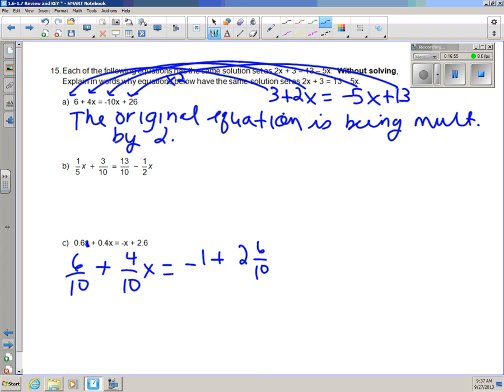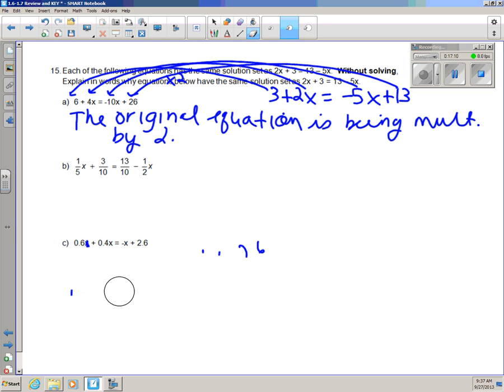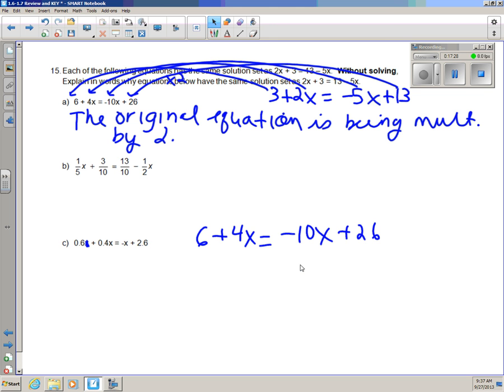Well, what happens if I divide everything by 10? And that should be okay. So let's take a look at this for a second. I'm going to erase this, not that x part, and I'm going to take the original equation. Here's equation A. If I take 6 plus 4x equals negative 10x plus 26, if I divide everything by 10,